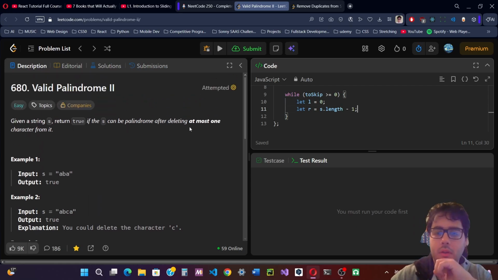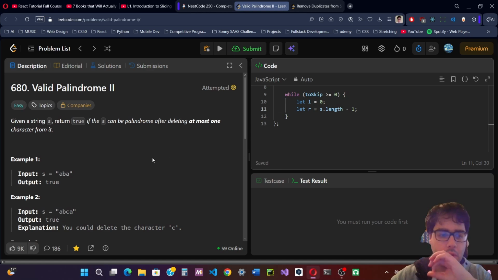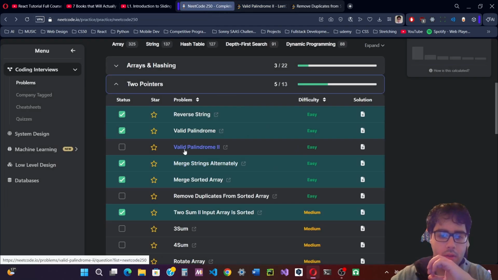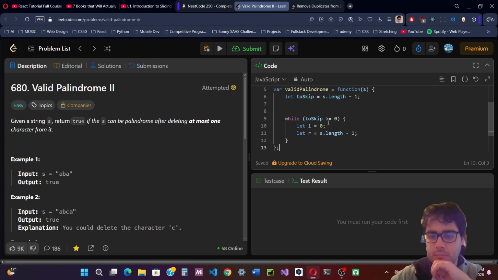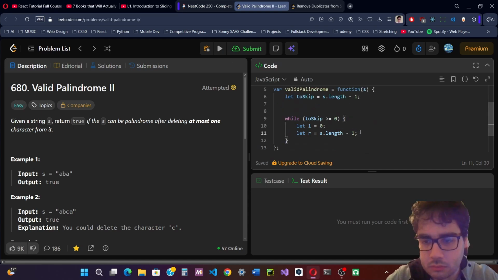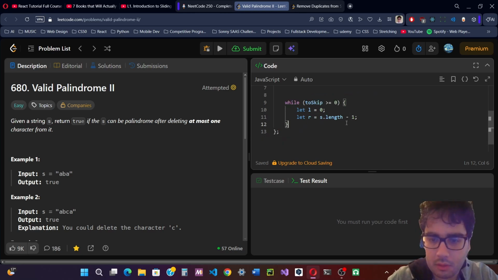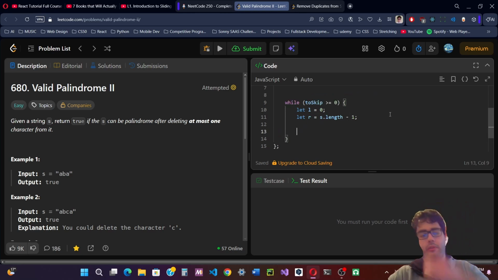Anyway, so we're gonna try solving this one, Valid Palindrome 2. This was from the NeetCode 250. And yeah, we're gonna use JavaScript for it. So what I was thinking is,